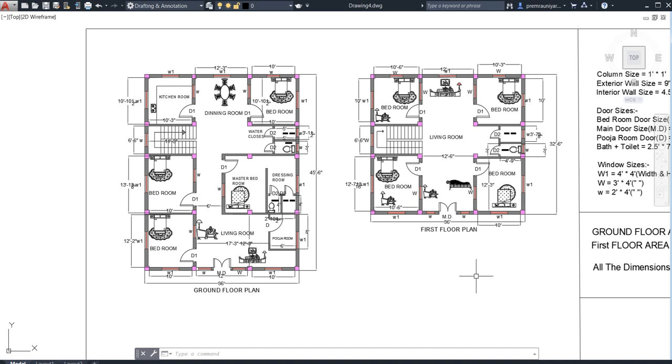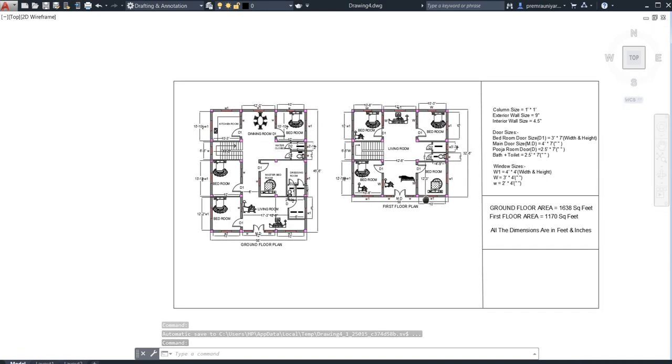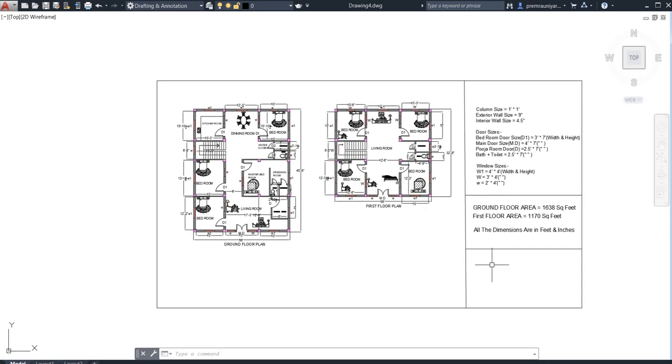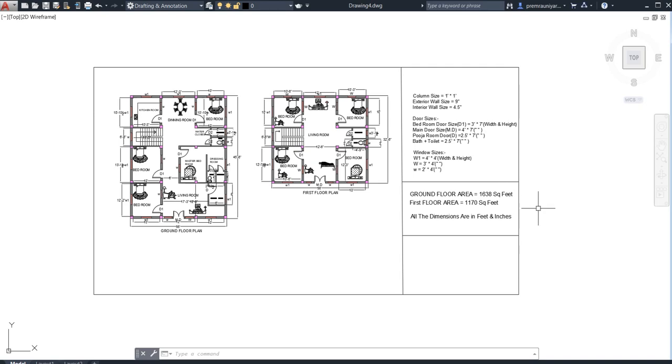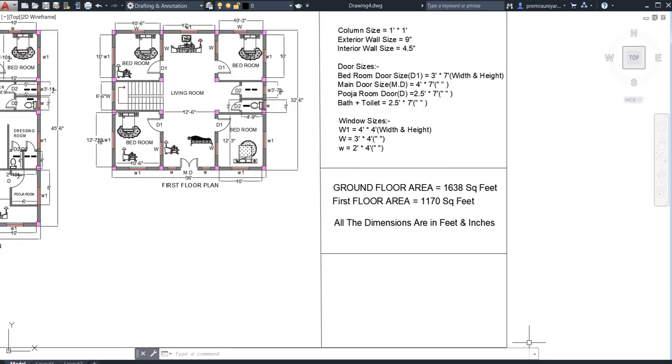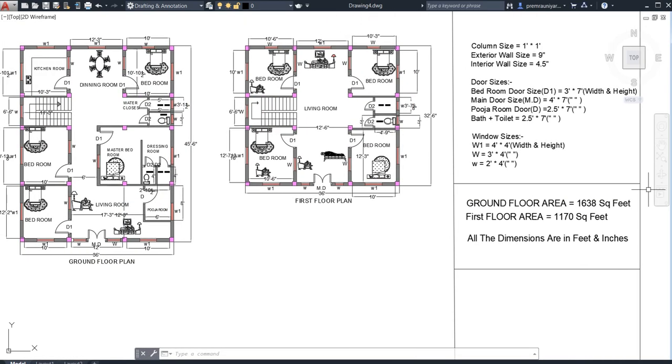So you need to draw your building within the plot area. If you leave some spaces for boundary, for living spaces, for windows, all these things come under built up area. So the built up area is generally less than the plot area. Sometimes people construct their building on the whole plot area only.